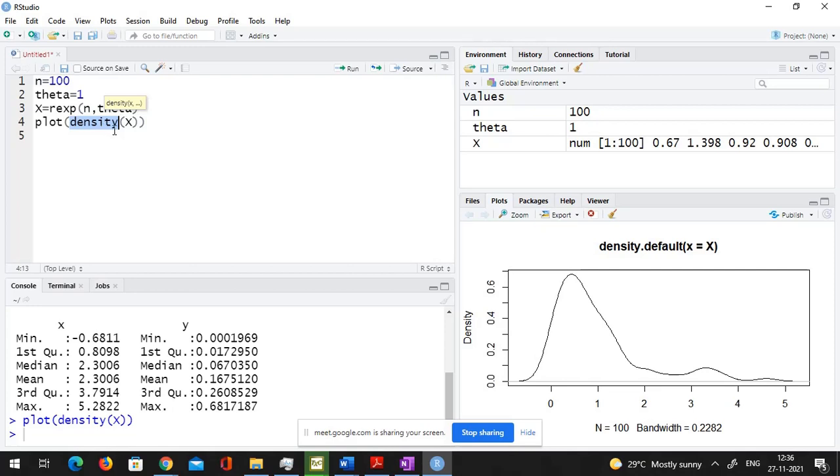This command density in R, how does it calculate the density? Is it using the exponential form or is it using something else? Is it using the exponential PDF or something else? Ma'am, it is using the samples only, not directly the PDF. Correct. It is not using exponential because it doesn't know how this x has come. This x is simply a set of numbers, so it doesn't know whether x has come from exponential. So using samples, how is it calculated?